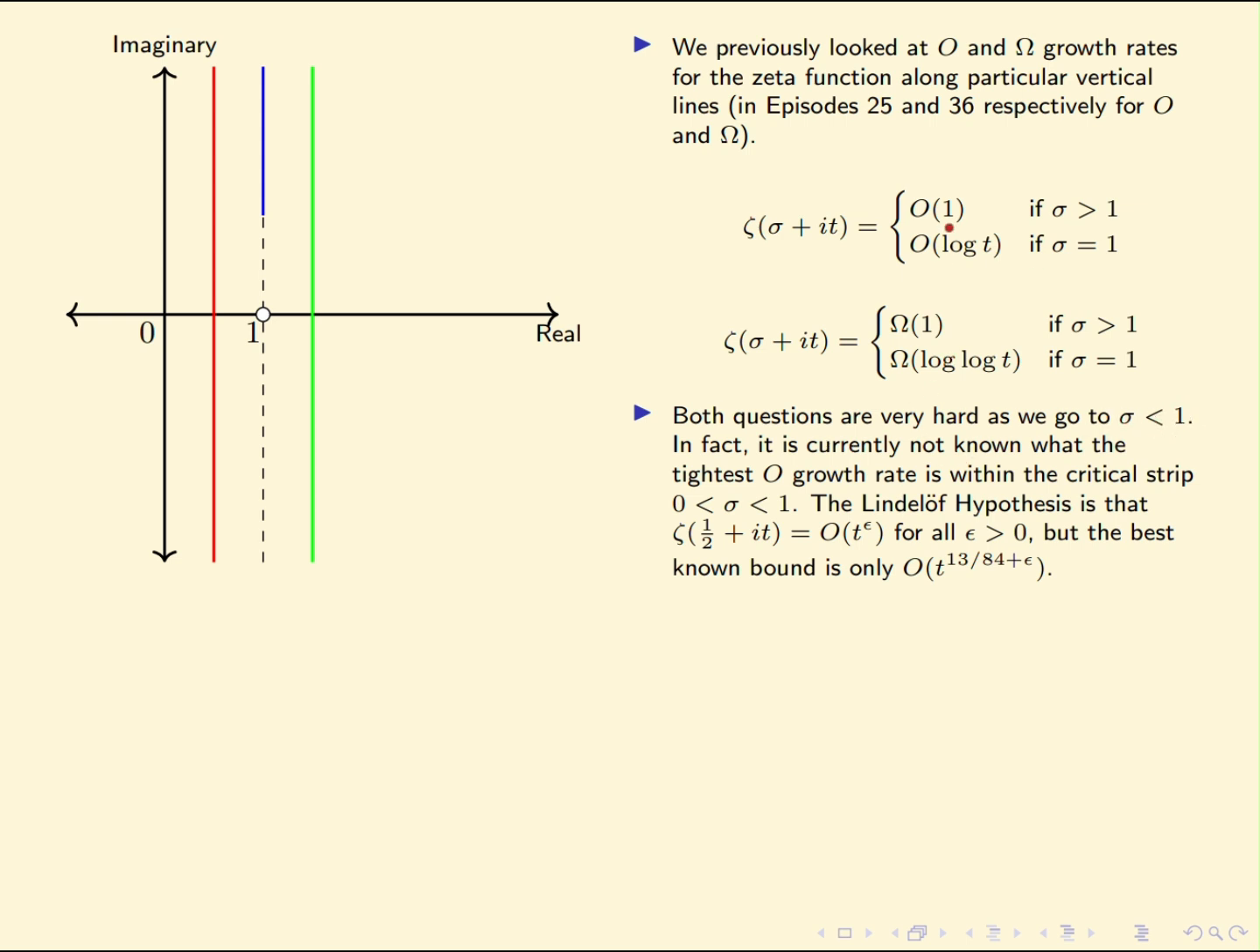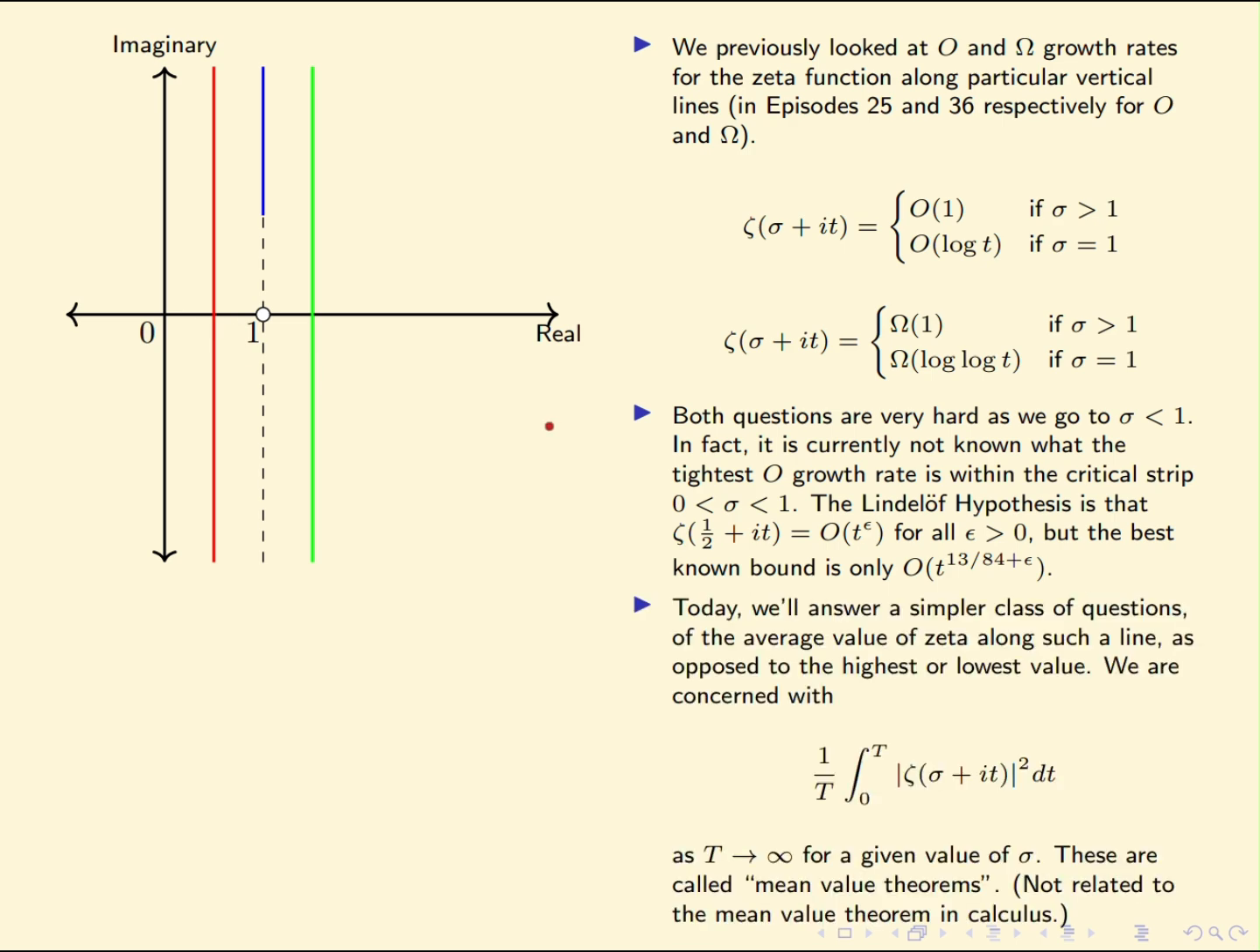In fact, it's an open question what the best big O bound is for the zeta function inside the critical strip, so the region between 0 and 1. As an example, the Lindelöf hypothesis is that zeta of 1/2 plus it is equal to O of t to the epsilon for all epsilon greater than 0, but the current best bound is only t to the 13 over 84 plus epsilon. So there's still a bunch of open questions about what the growth rate of zeta is inside the critical strip. So instead of trying to tackle these very hard questions, I'm going to go over an easier question,